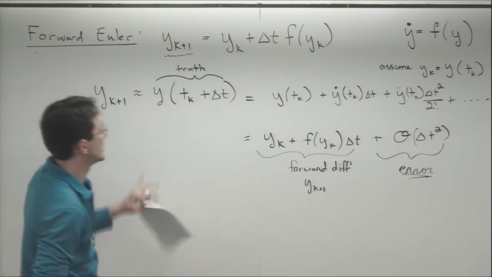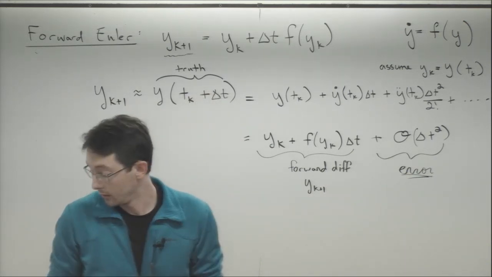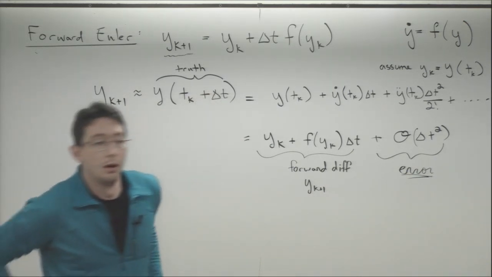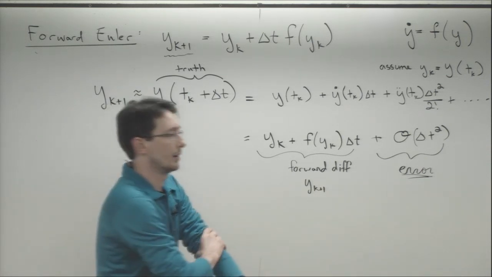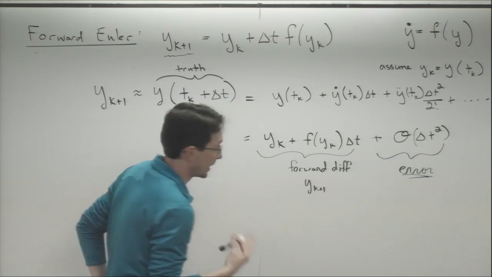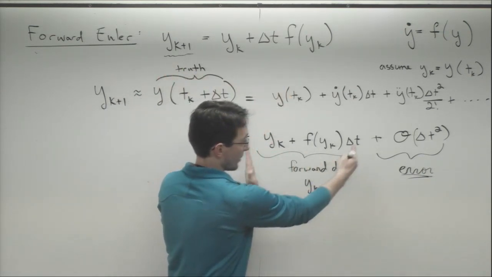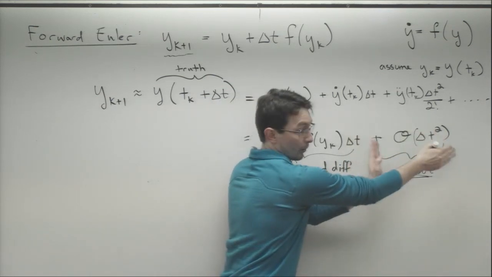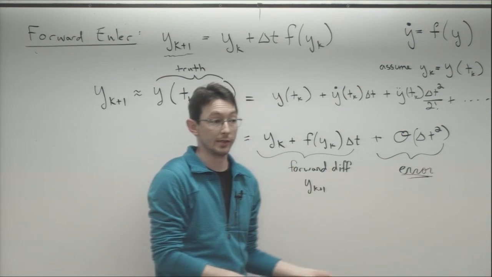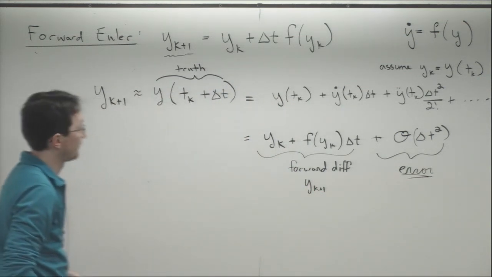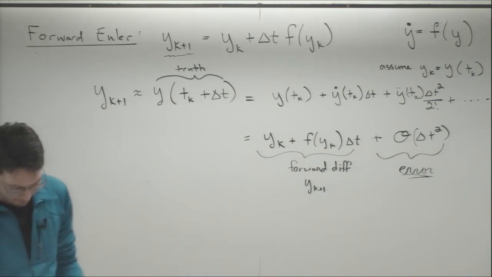Okay, are there any questions about how we derive this error for forward Euler? Okay, this should be making sense at this point, right? We know how to use Taylor series to evaluate our approximation and what the order of the error term is. So we know how this error scales if we decrease or increase delta t. Okay? Good. That's all I want to say about that.